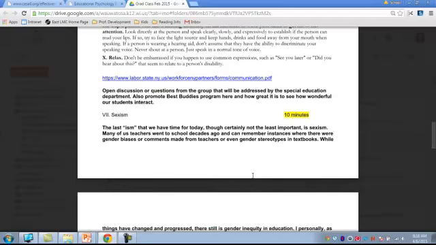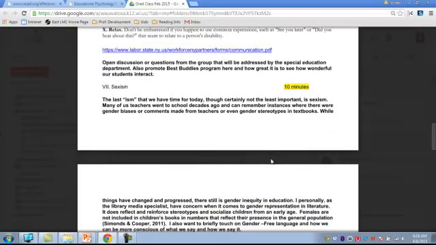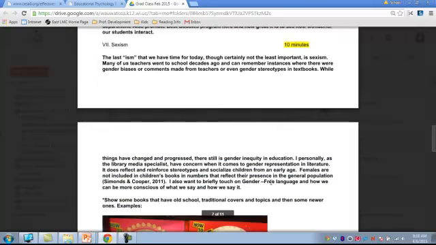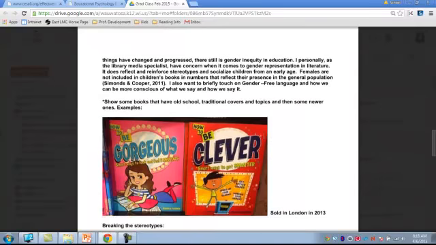Lastly is sexism. This is an important, passionate topic to me as a woman, as a female teacher, and as a person who purchases books for my library. I want to try to make it so there aren't gender biases or gender stereotypes. In textbooks, I can't really control that because it's been proven that there are. But there are examples of, even still today,